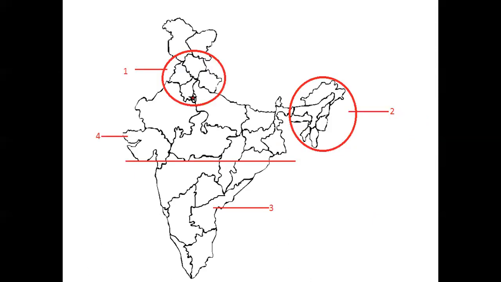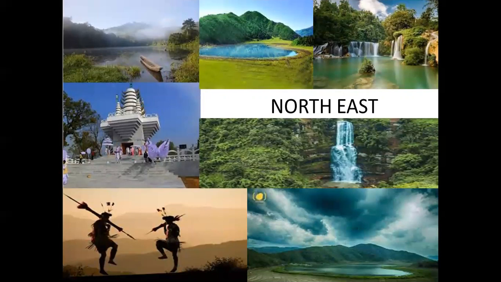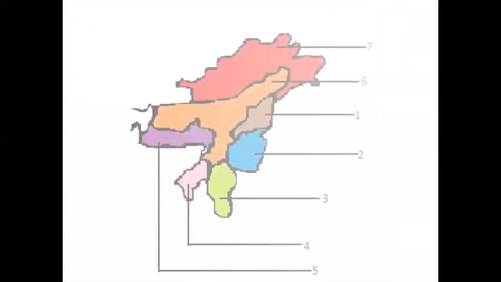Now come to the next part. That is very tricky. Even that you memorize with the syllable. That will help you to learn the entire map easily. Northeast. So that is the tribals. Those are the tribal states. All the states are tribal states there. And these tribal states are the extension of Himalayas. So we will go into that again.